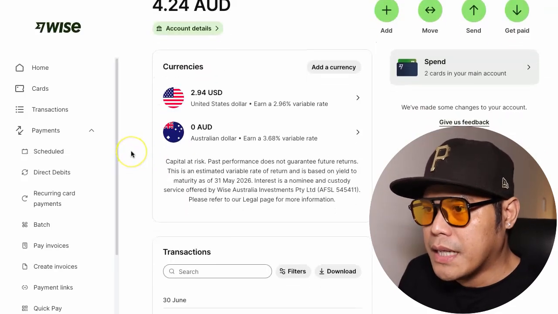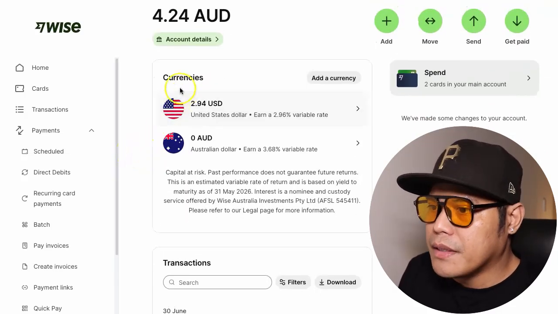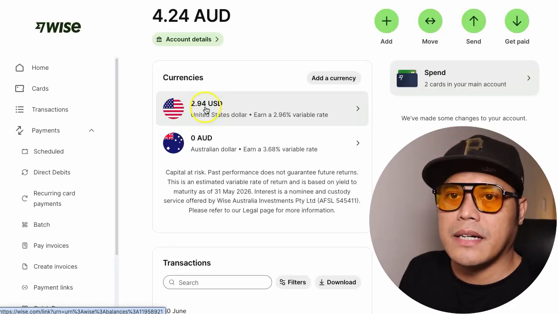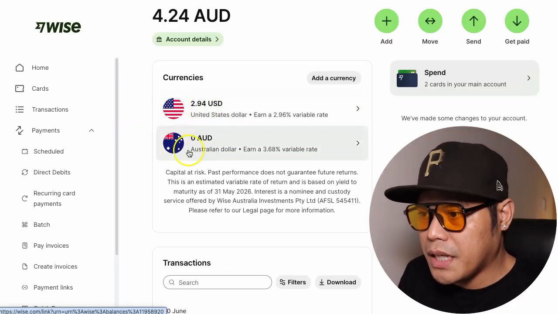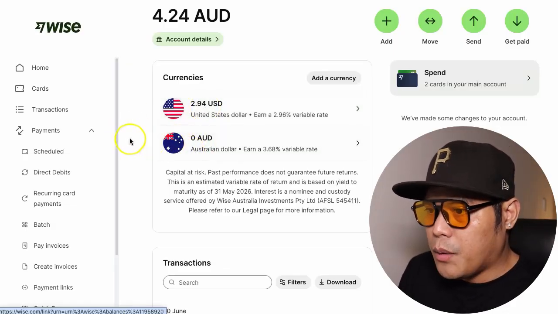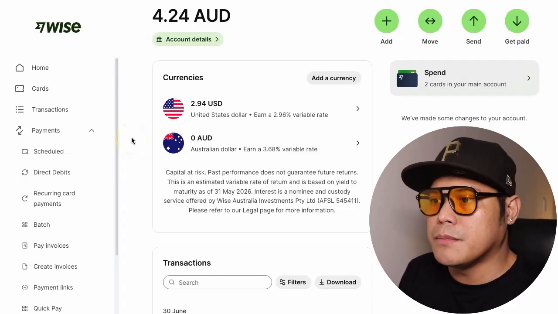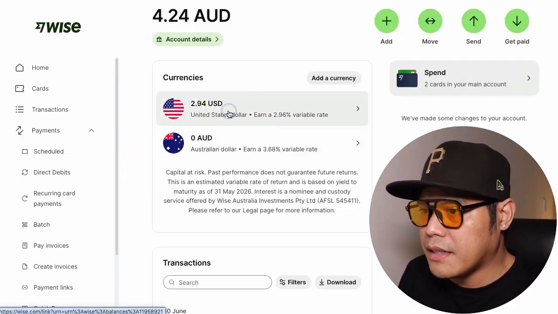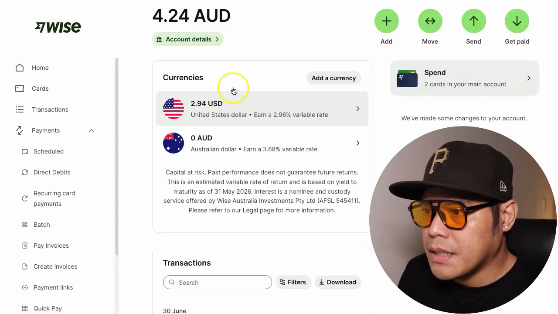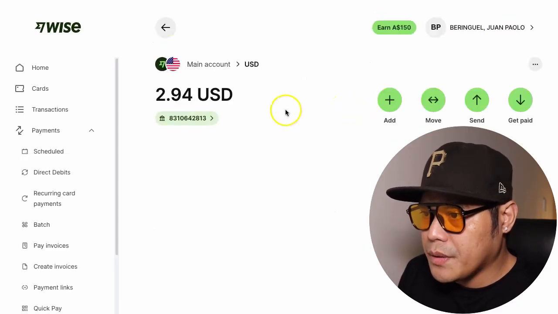So right now in my account, I have the currencies in US dollars, and I have a currency in Australian dollar as well. So now what you do is, if you want to check your US dollar bank account, you select that currency. So you select this, okay?